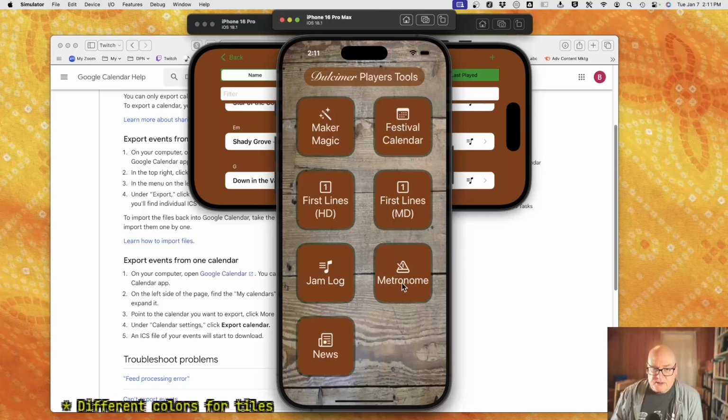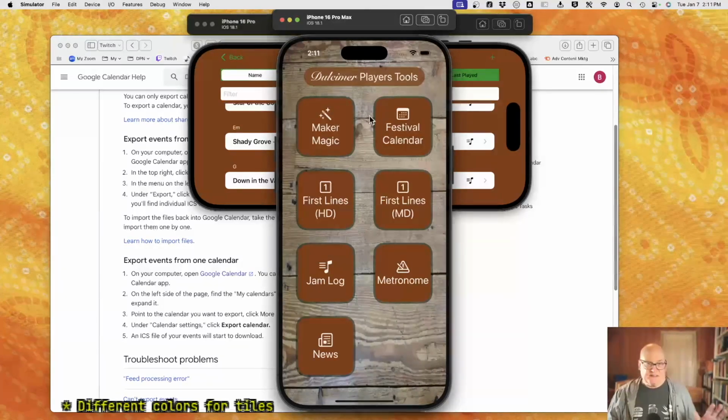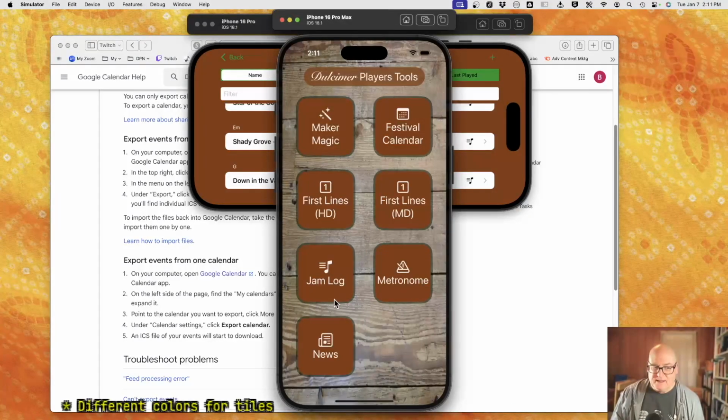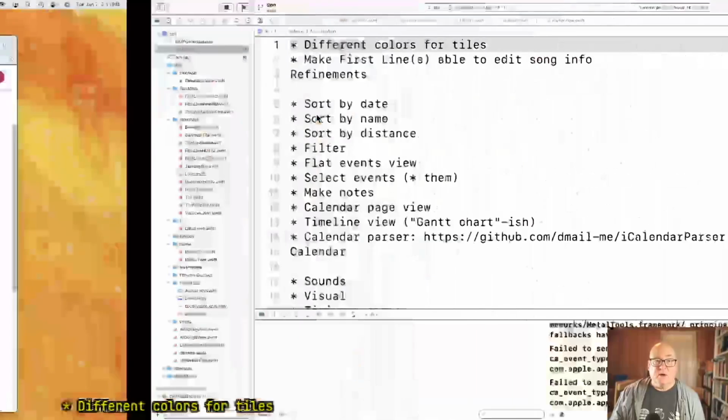So if you never use the metronome, I don't think it needs to be, well, the ones you use should be at the top, I guess, put it that way. So I don't think that affects the color per se, but I think more visual distinction among these would improve the value of them. Okay. And so,